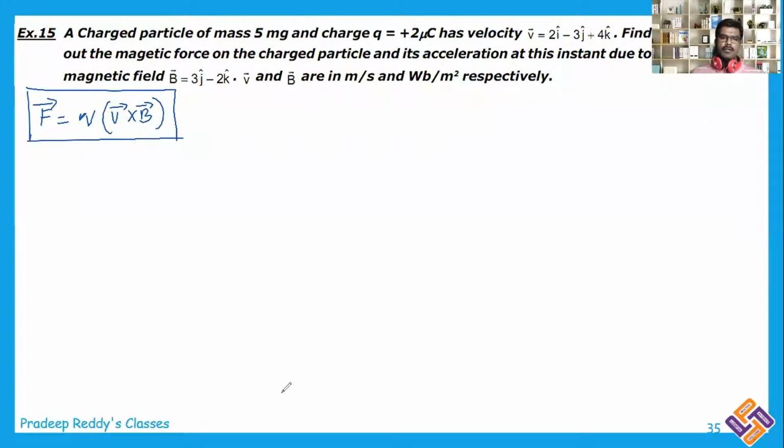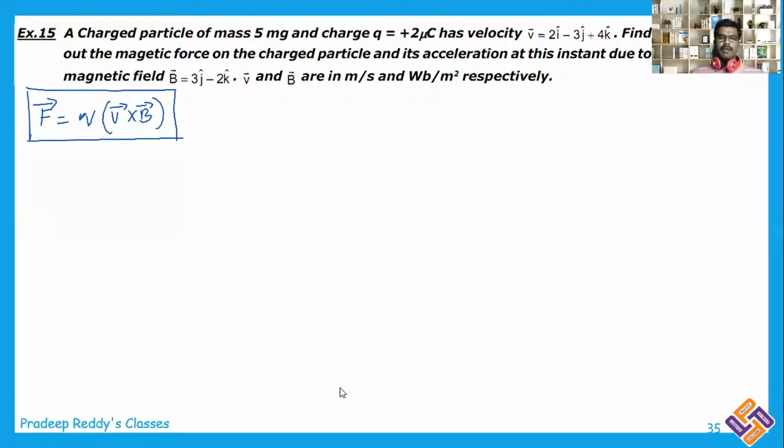Based on the direction of the particle, the angle between V bar and B bar, either the particle can make one complete revolution, or it can make just half of a revolution and come out from the magnetic field, or it can pass undeviated. That depends on the direction of velocity and magnetic field, the angle between V bar and B bar.